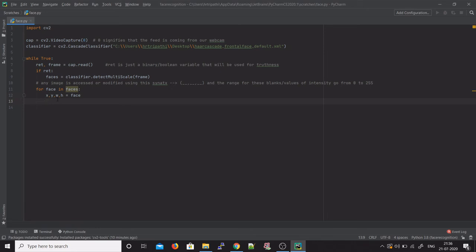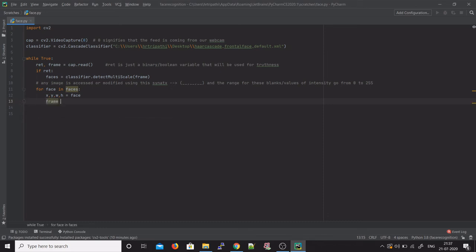So x and y determine the top leftmost coordinate of your face, and w and h correspond to the distances of your width and height in the horizontal and vertical directions from your top leftmost coordinate, to give you all the coordinates of your face. Alright, so I'm going to be defining those 4 coordinates as face, and our objective is to plot a rectangle around all the faces in your frame.